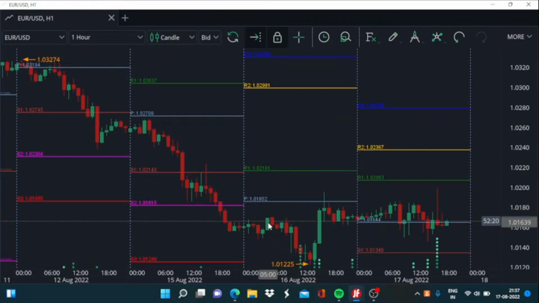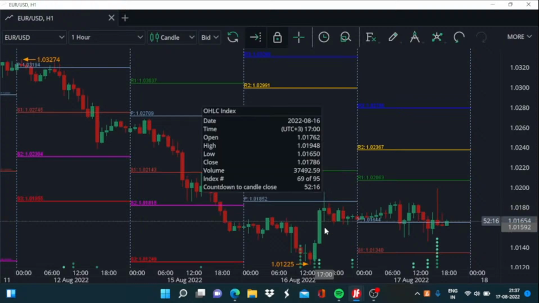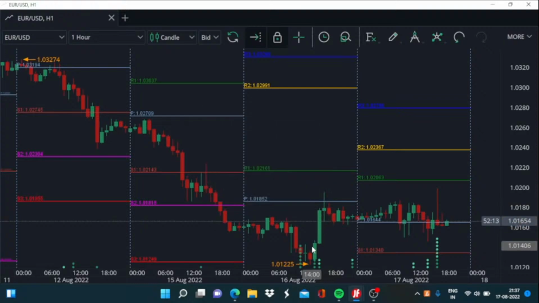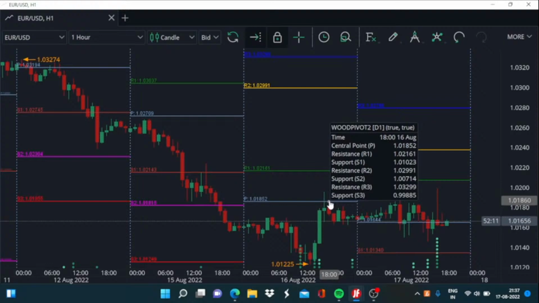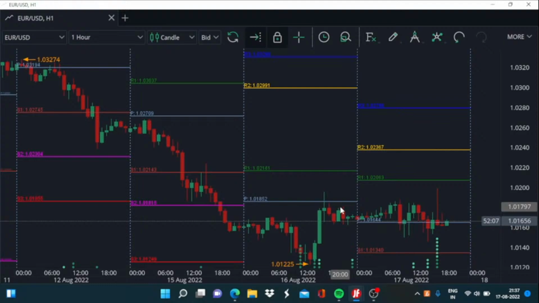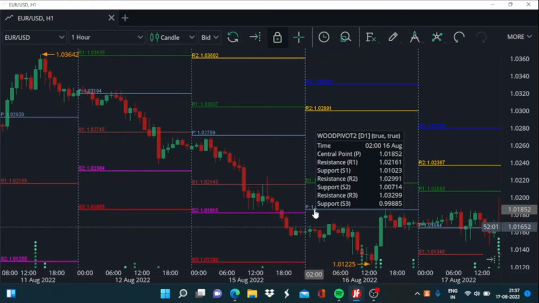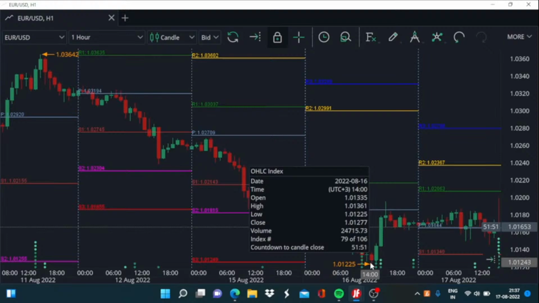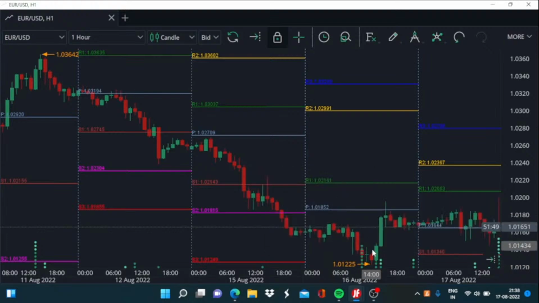USD, and it most of the time stayed below the central point. And only in the second half of the session, we saw the Euro USD moving back toward the central point, but it found resistance and was not really able to cross above it, and it closed the day in bearish territory only. On the lower side, if you consider the support, which was at around 1.1012, it did provide some support, and we saw the Euro USD reversing after this prior decline in the first half